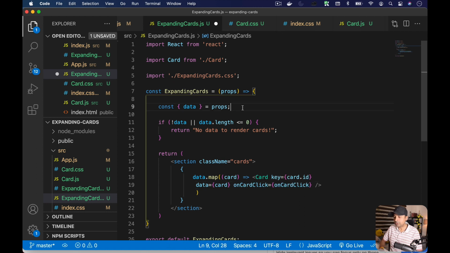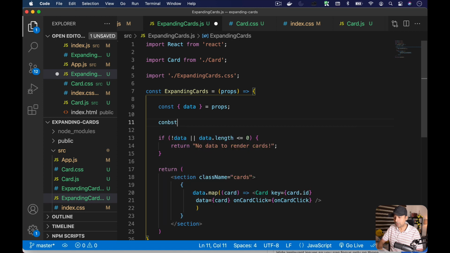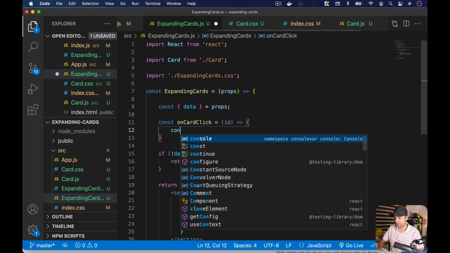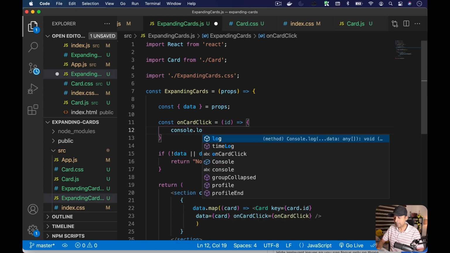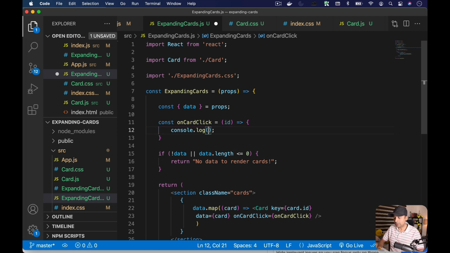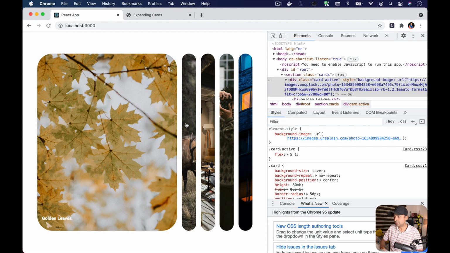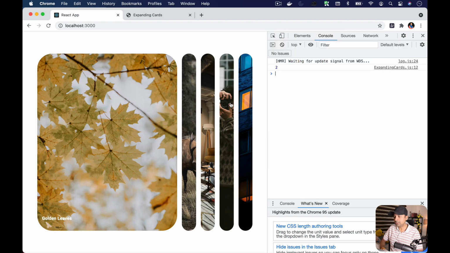Let's write this function here. I'm going to write this function, const onCardClick, and this is going to get that ID passed. And let's do a console.log here just to see if things are working fine. I'm going to just log the ID. I'm going to save. And now if I go back to my application, let's click on this. Let's go to console. See that? I'm getting the ID